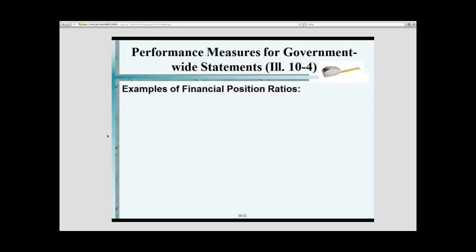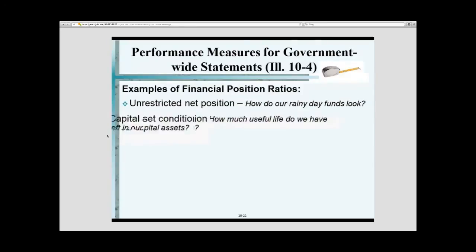Now, these are the government-wide measures. We moved from fund to government-wide, and these are relatively straightforward because